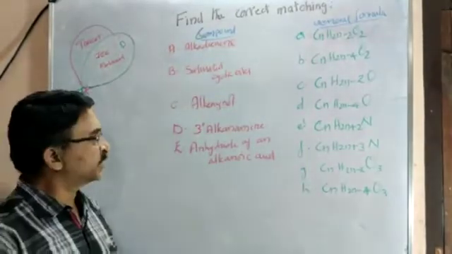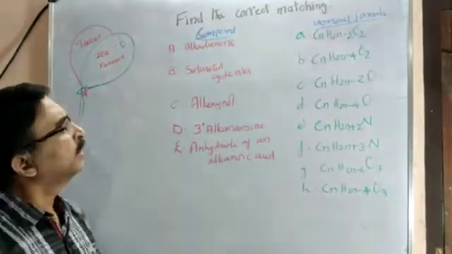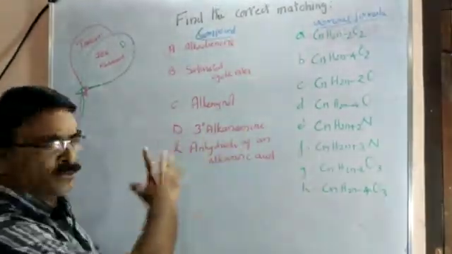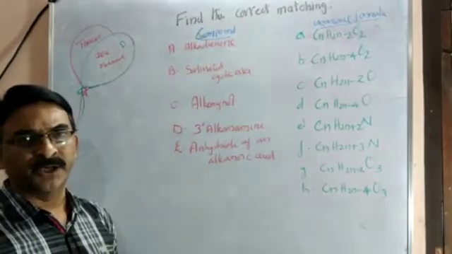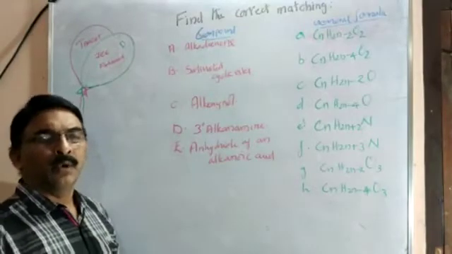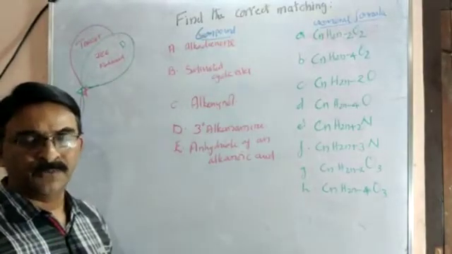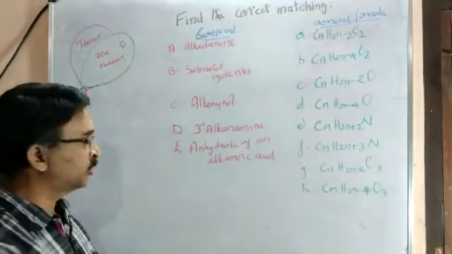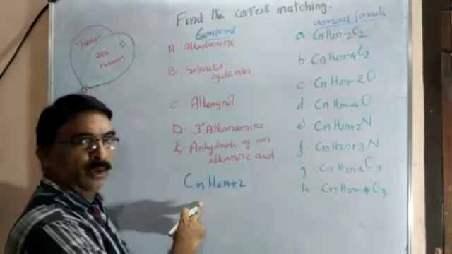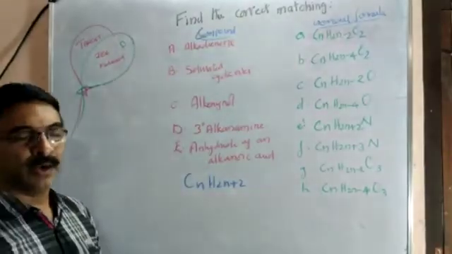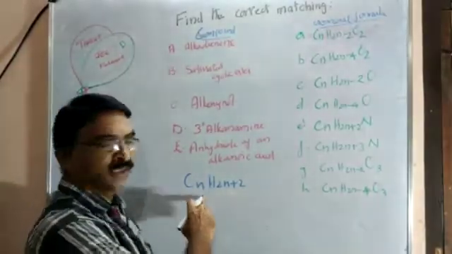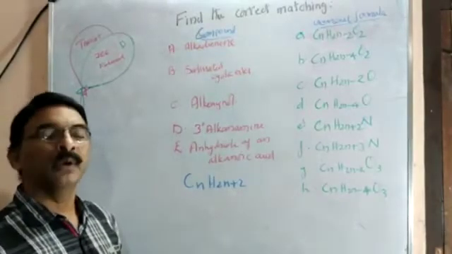Back to organic chemistry. We have to find the condensed general formula. Before cross matching, I have to tell you some basic information. To find the condensed general formula of any organic compound, you always start from the general formula of an alkane, CnH2n+2. You consider all compounds to be derived from the parent alkane having the general formula CnH2n+2.